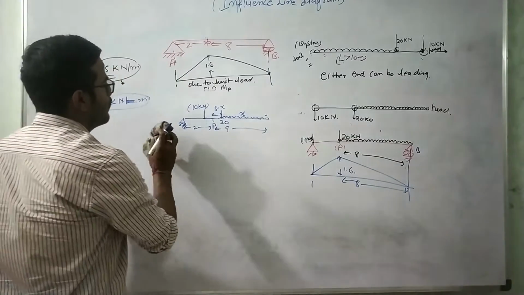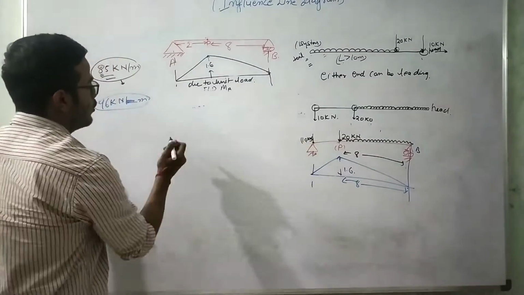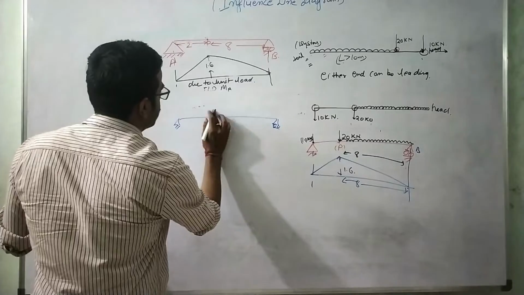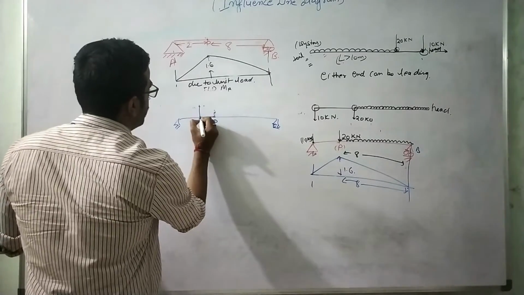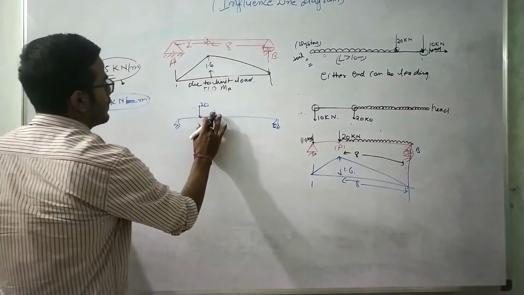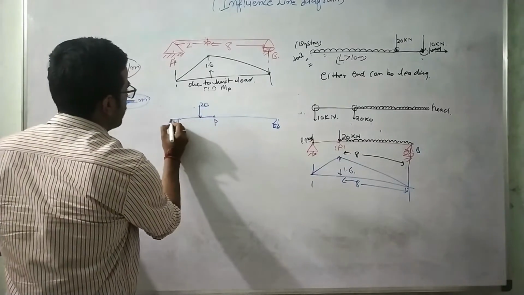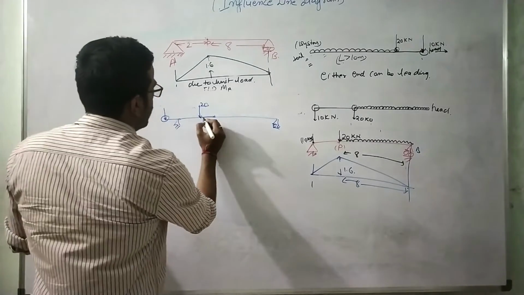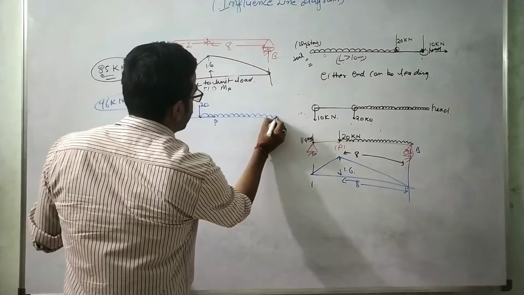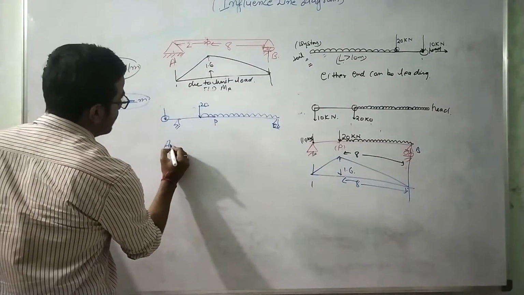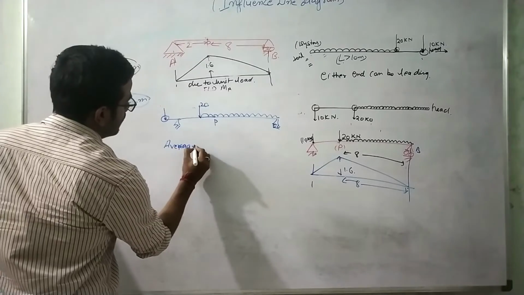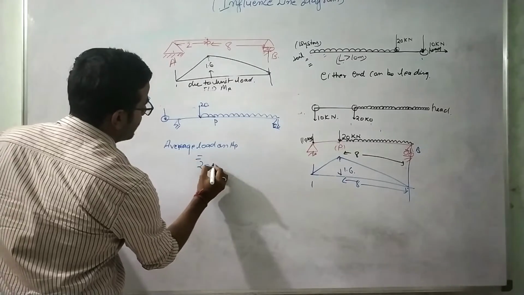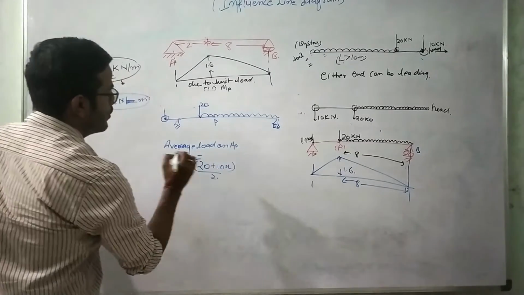Now I will transfer this 20 kilonewton load to the left side of the point P. If this is the point P and I am placing the 20 kilonewton load at this point, the distance between the loads is 2 meters, so the 10 kilonewton load will automatically be outside the beam, and this whole portion will be covered by the UDL. Now I can write the average load on AP,